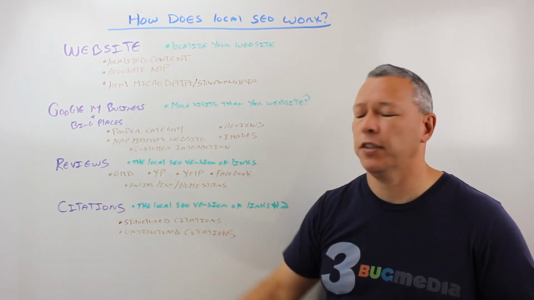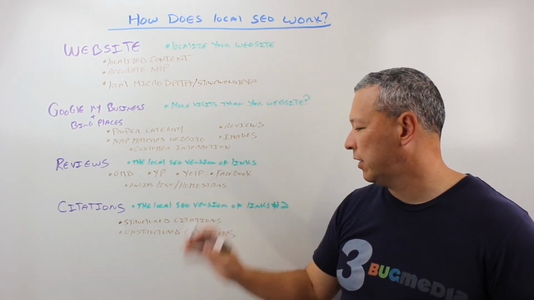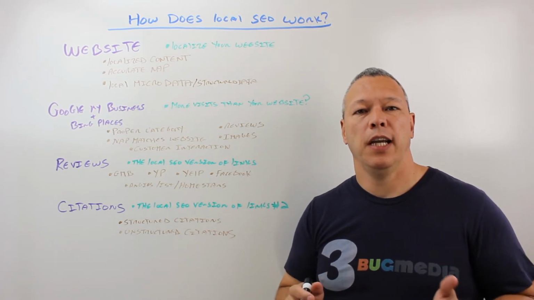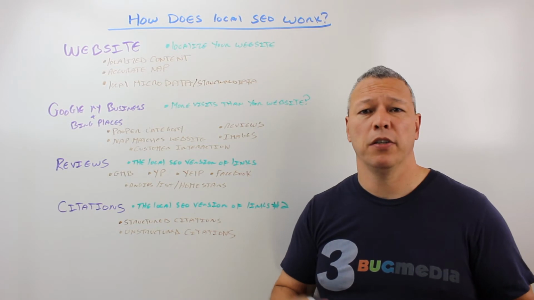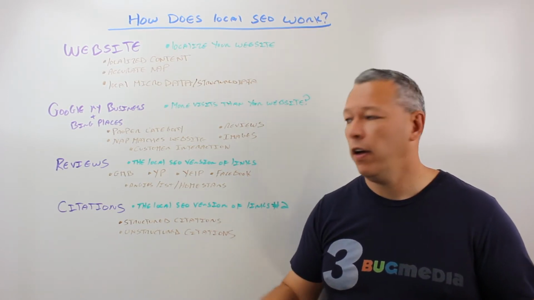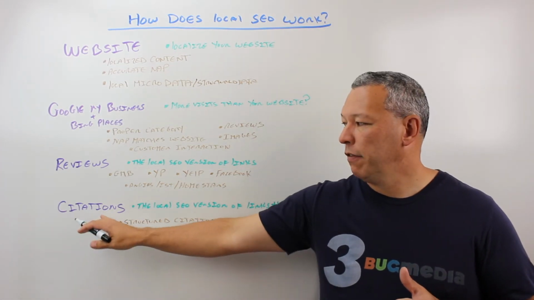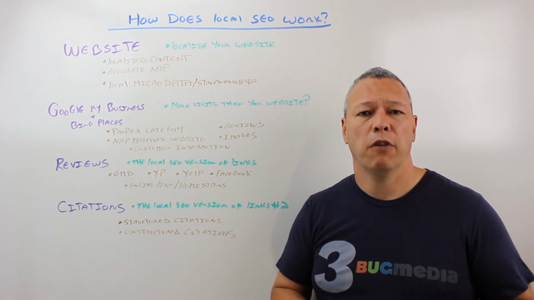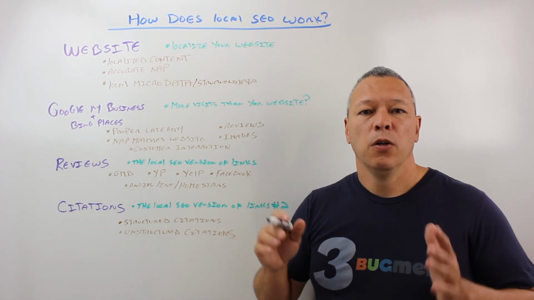Okay. And lastly, we have citations. And citations are the local SEO version of links as well. Citations are mentions of your business online. It could be a link, but it doesn't have to be a link. As long as they mention your business online, it's what's called a citation. And this is one of the big differences. Reviews and citations are one of the big differences between local SEO and regular SEO, because with citations, Google understands